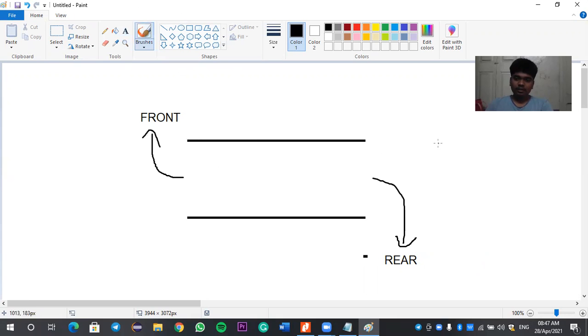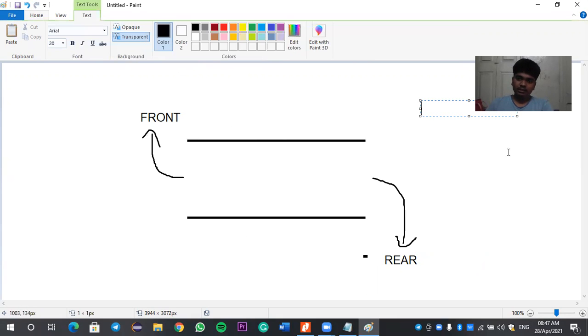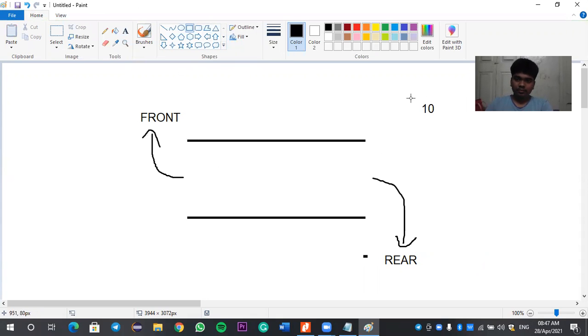So for suppose, let us consider an element 10. Element 10 will be inserted like this from the rear, and then 10 will be here for a particular instant. If you want to insert another element, then this 10 will move a little bit to the front, then another will move front.